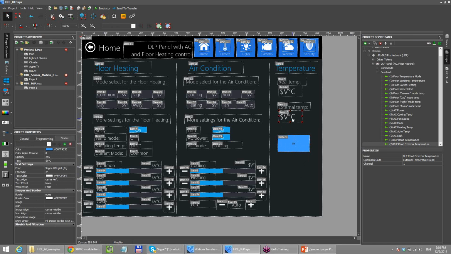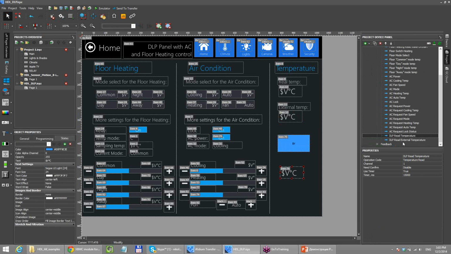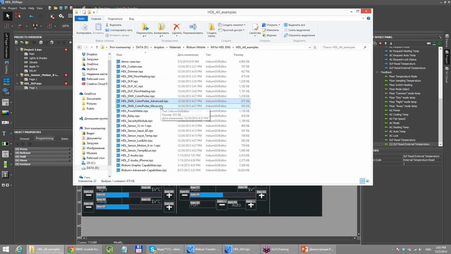Or you can copy this one, and copy DLP and set it up to a different address and make it work not with this one but with your value. So it can all be done very simple. Okay, I will not tell you anything about JavaScript here, but to have you an example,